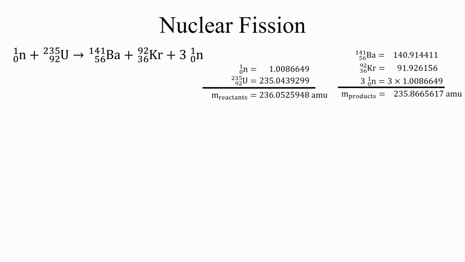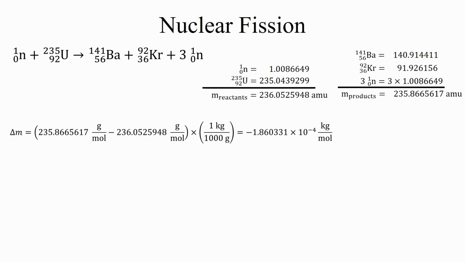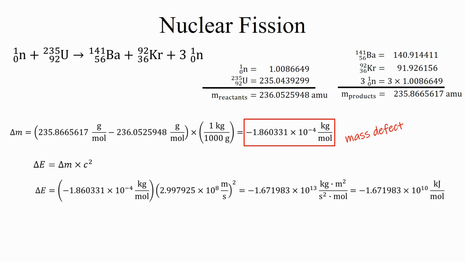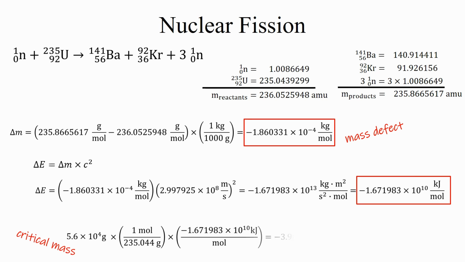Here we have the total sum mass of the reactants and the total sum mass of the products. We're going to calculate the difference and convert that into kilograms per mole. We find our mass defect. Now we plug this into E equals mc squared, and we get our energy produced per mole of uranium-235. Now, at a critical mass of 56 kilograms, we actually produce about 4 times 10 to the 12 kilojoules, or nearly a megaton